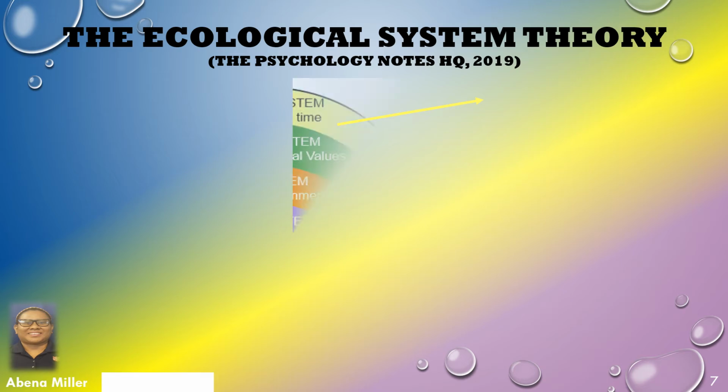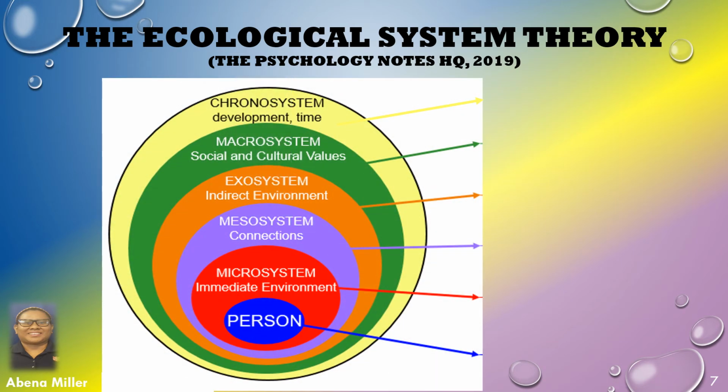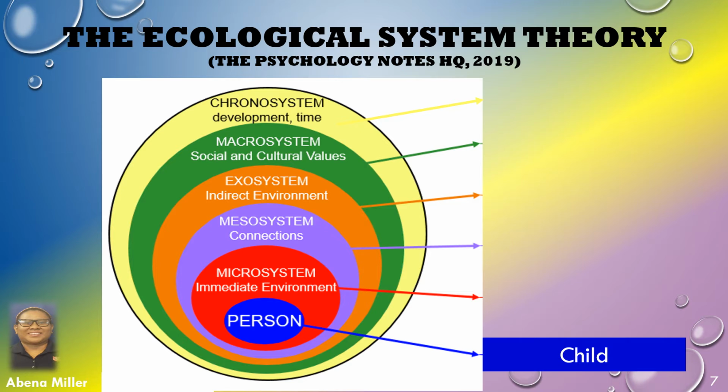The ecological systems divide the environment into 5 different levels. Let's think about a young child and how his environment can affect him using the 5 levels of the ecological systems. The first level, microsystem, which is the most influential level, refers to the closest environment to the child that can affect him in a positive or negative way. Two examples are home and school.